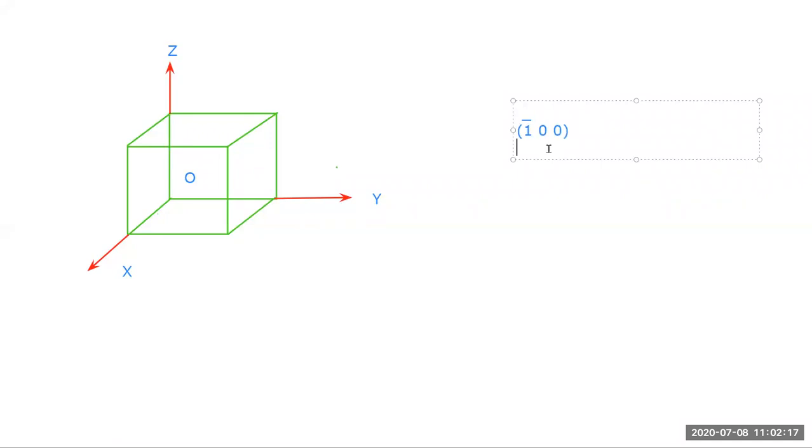You have to draw the plane bar 1 0 0. So bar 1 is negative. While drawing this bar 1 0 0 in the same cube, you have to use one trick. In the direction in which there is a negative sign, you have to shift the origin. In which direction is the negative sign? X direction. So the original origin is here at this point, but as there is a negative sign in the X direction, we have to shift the origin in the X direction. So this is not our origin; our new origin is at this particular point.